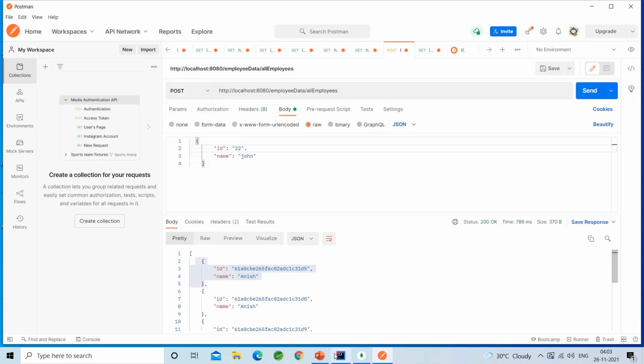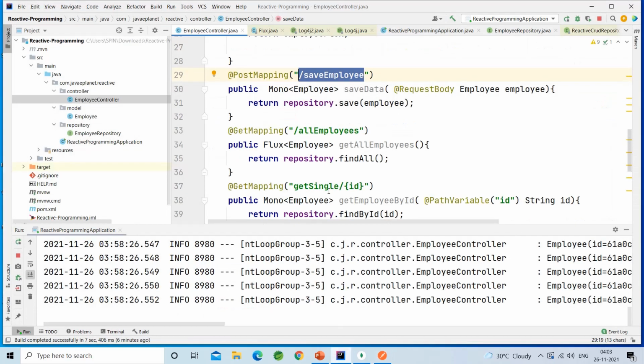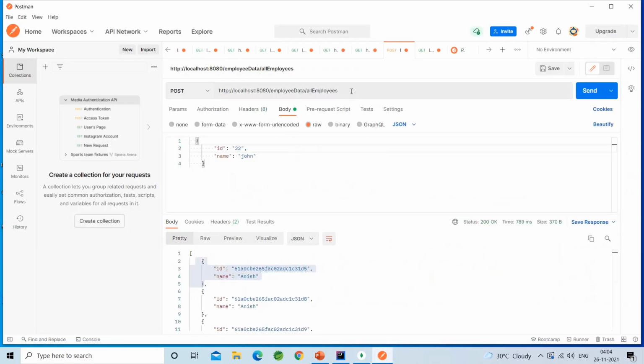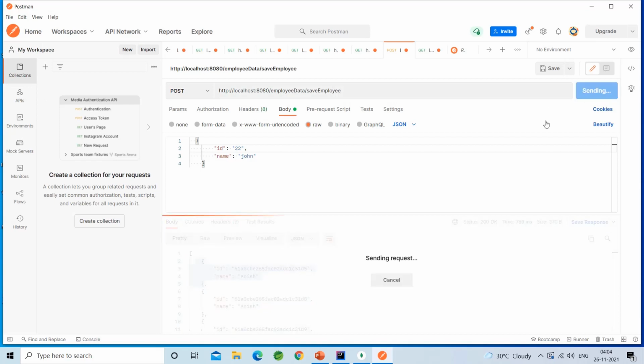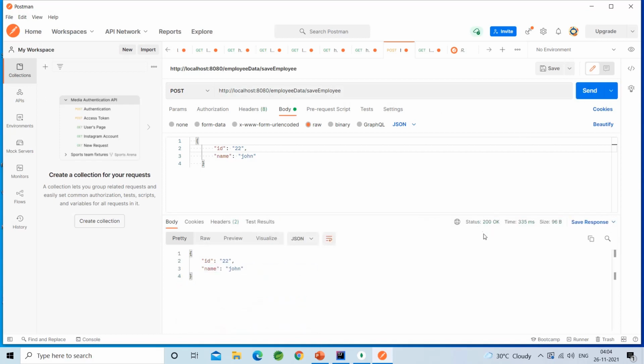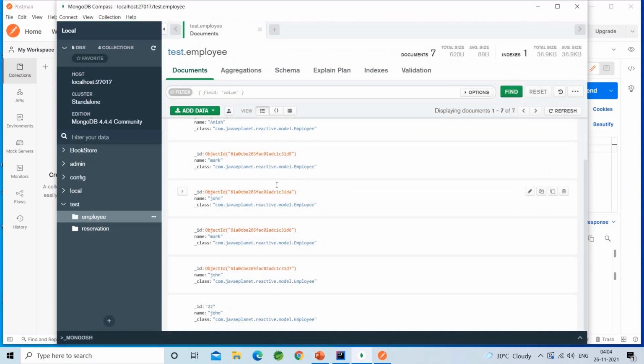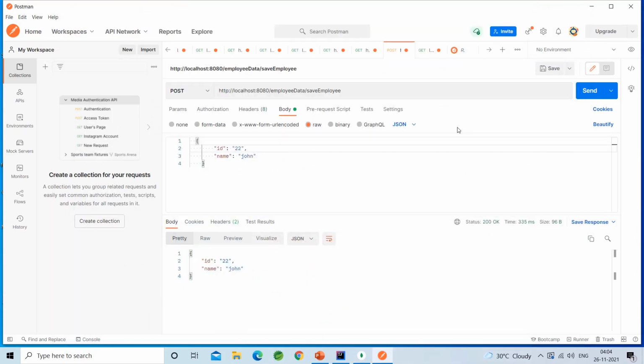Post, and it is save employee. See here, we got 200 OK response. It is saved into the database. See here, 22 John in the MongoDB Compass.